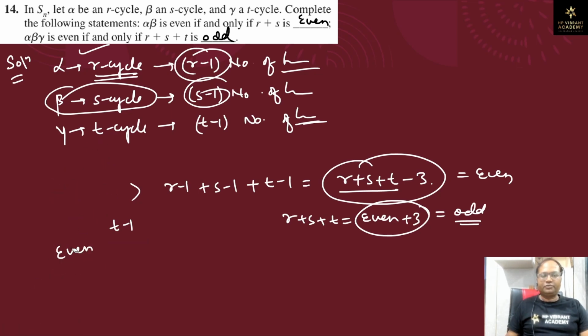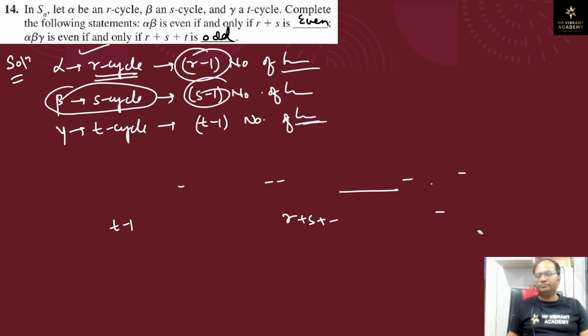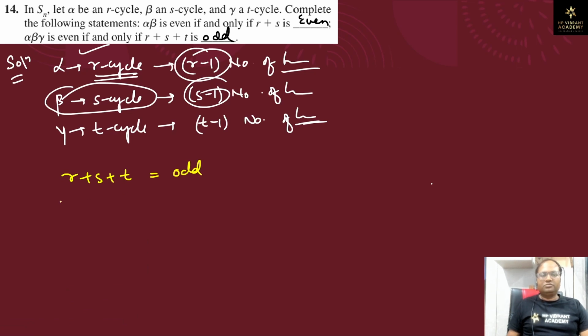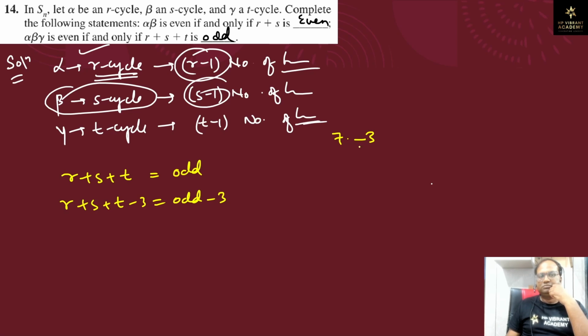राउंड में कर क्या करेंगे, देखो, R प्लस S प्लस T क्या है, ऑड है। तो R प्लस S प्लस T माइनस थ्री क्या होगा, ऑड माइनस थ्री। समझ में आ रहा है, ऑड माइनस थ्री क्या होगा, सपोज वैल्यू ले लो सेवन, ठीक है, तो सेवन माइनस थ्री क्या हो गया, फोर है, तो ये इवन आ गया ना। समझ में आ रहा है, तो R प्लस S प्लस T माइनस थ्री क्या है,